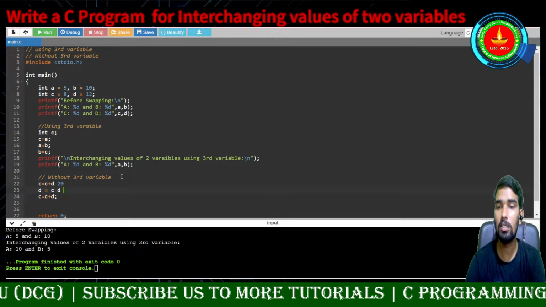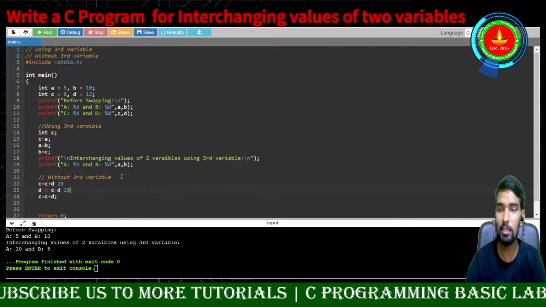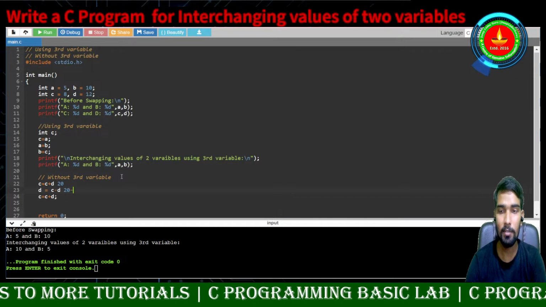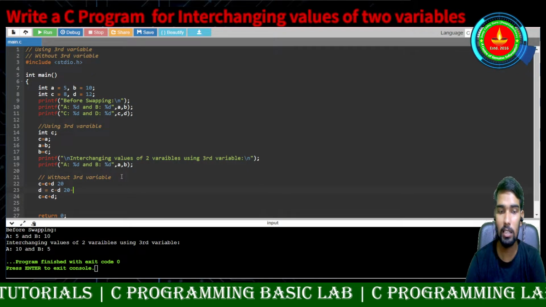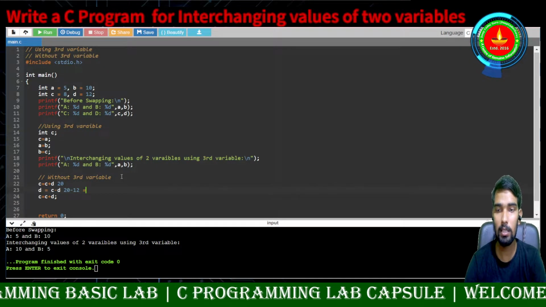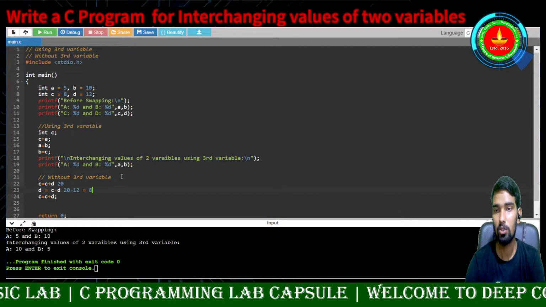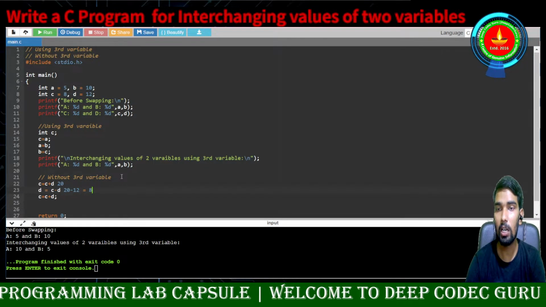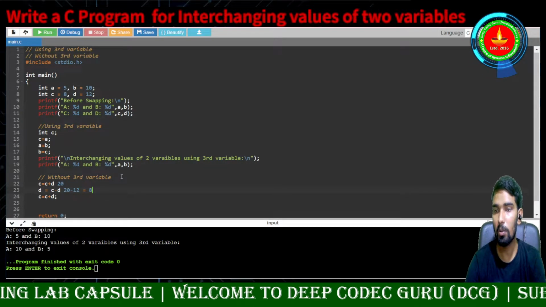If we do C minus D, the current C value is 20 and the current D value is 12. So it will return 8, right? So the D value will become 8. I hope you are getting it.